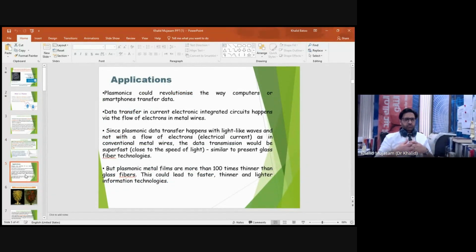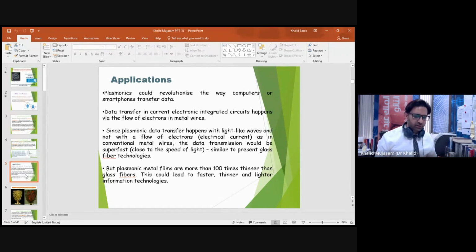Where we are using these plasmonics, mostly if you look into the data structure we have nowadays from the conventional system, this Ethernet system, we can move from an Ethernet system, and we can use a kind of fiber optics, where data can be transferred very smartly, very quickly in the smartphones as well as in the computer systems. And that means the data which is usually moving as an electrical pulse can be transferred with the speed of light. So the systems will be